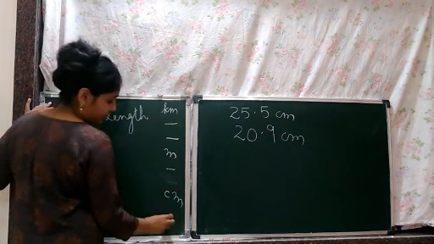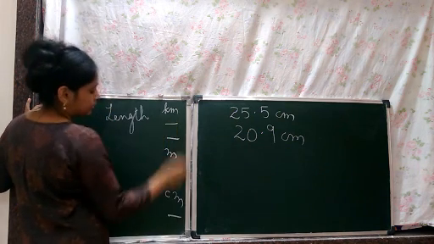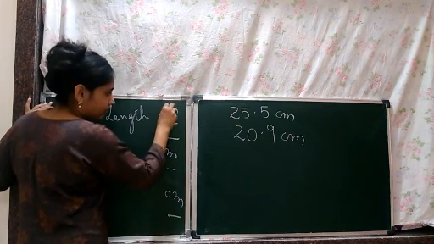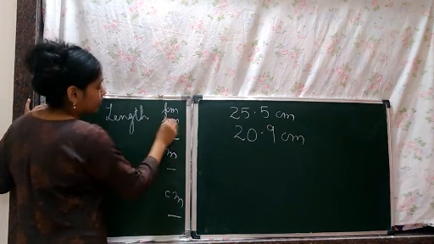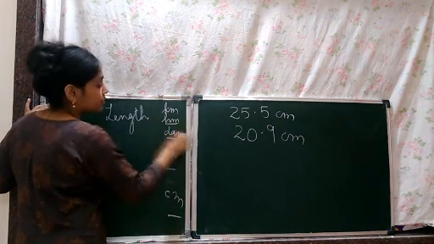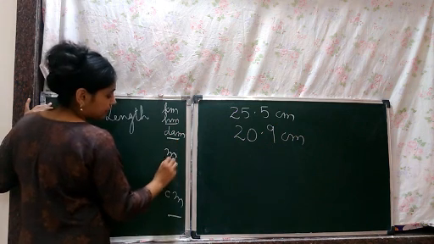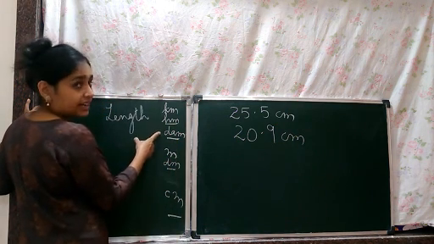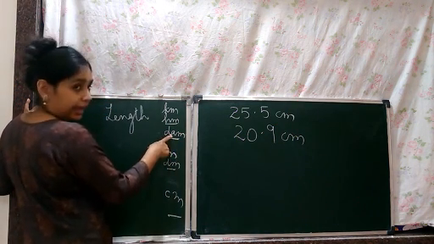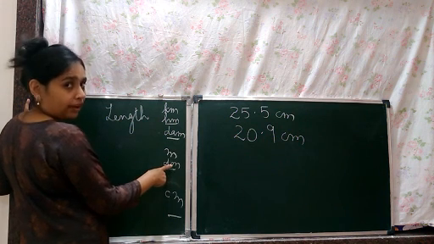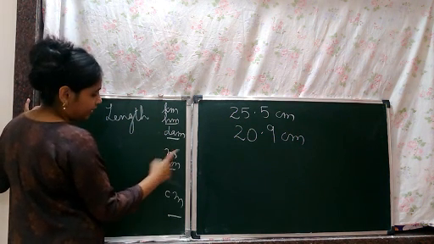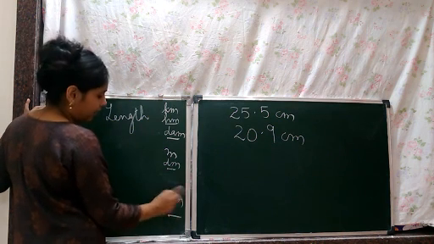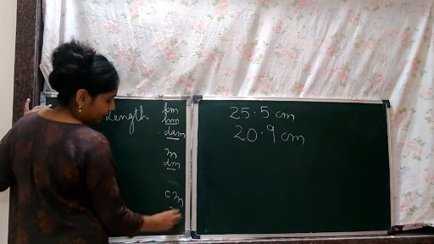So this is kilometer. Below kilometer is hectometer. Below hectometer is decameter. Below decameter is decimeter. The difference between decameter and decimeter: this is deca, this is deci. Before decimeter is centimeter, and before centimeter is